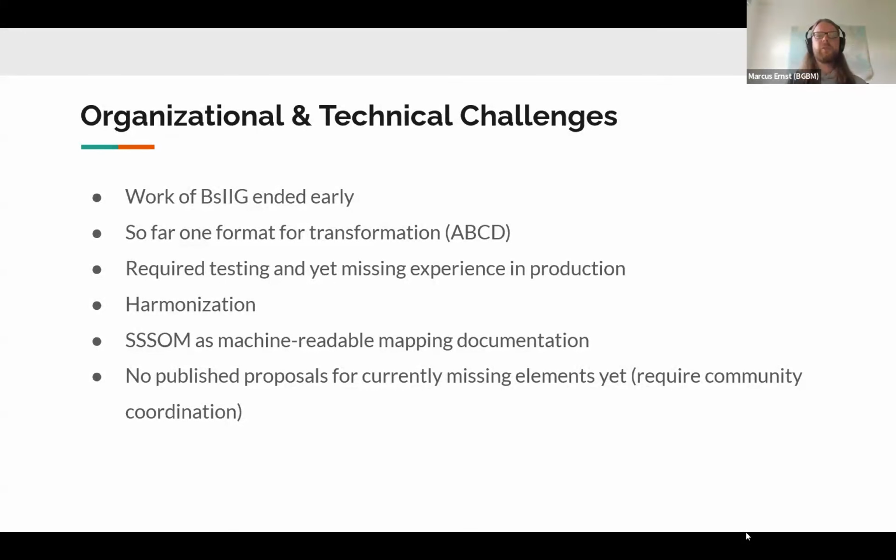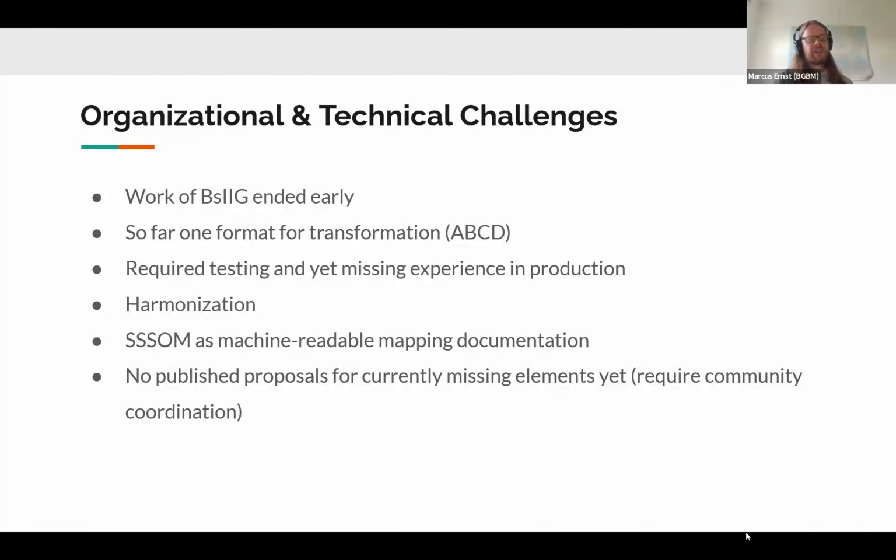So far, the transformation work has focused on a single source format, namely ABCD, which needs testing. But we also still lack enough example landing pages and production experience to validate that this approach works under realistic deployment conditions.